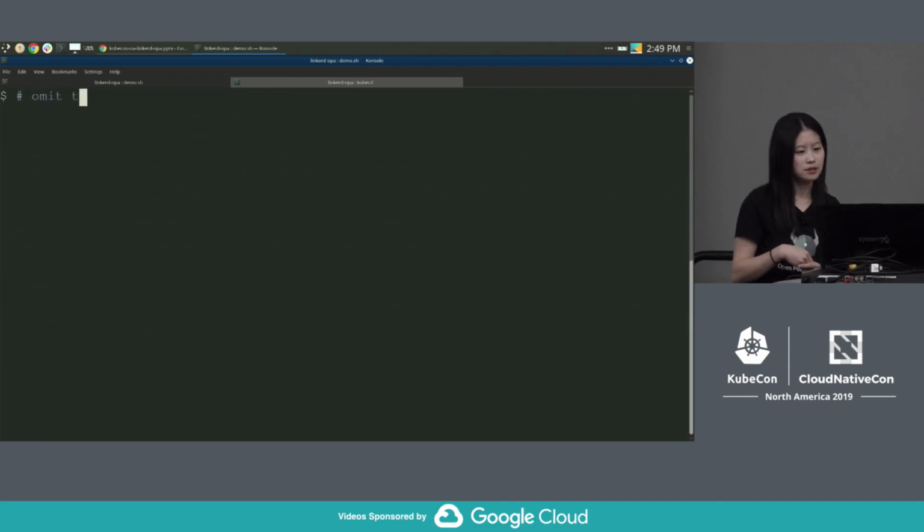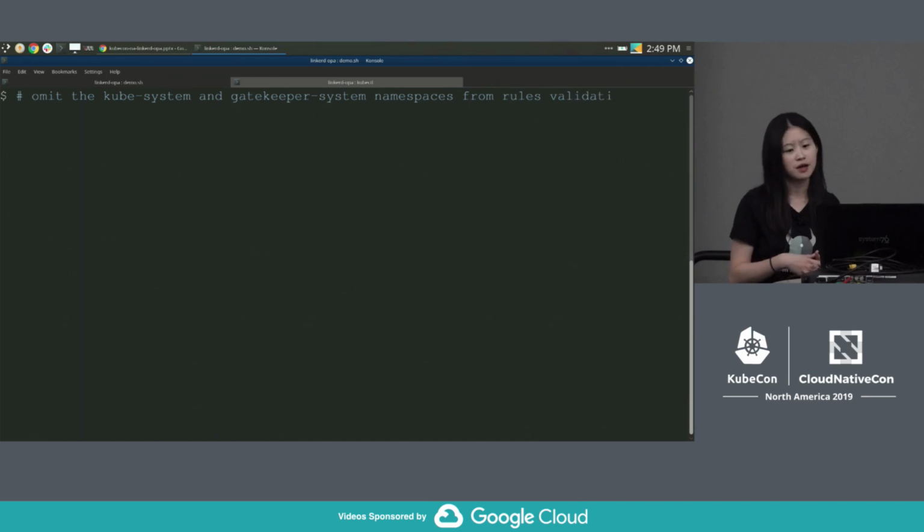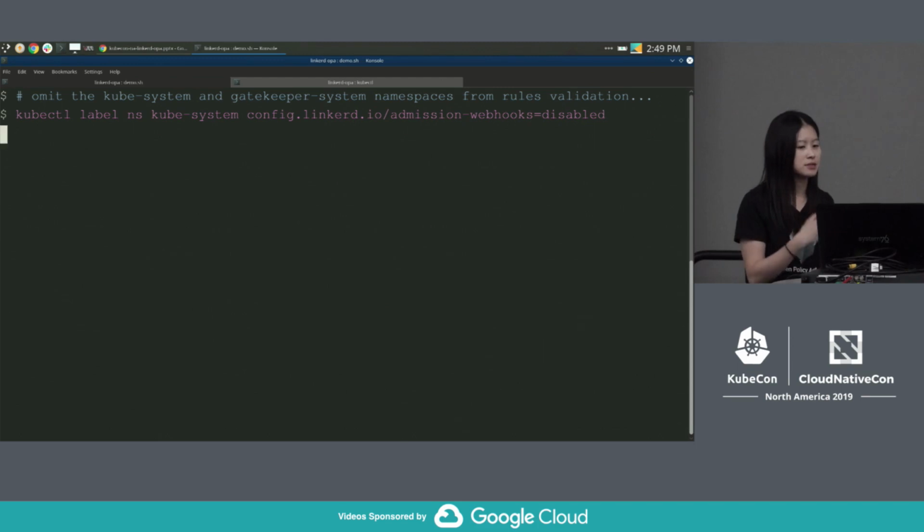All right. So here what we're going to do is omit some of the namespaces from our policies because we know kube-system and gatekeeper are not the namespaces that we care about for this particular policy. And the way we do that is by adding this namespace label that we already know. So once this is done,